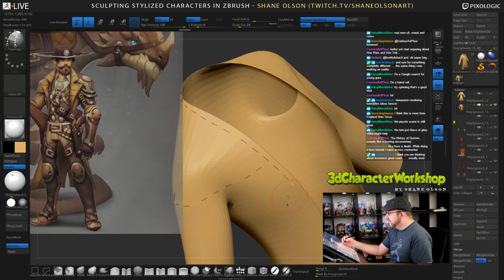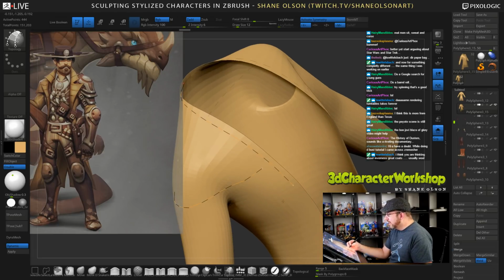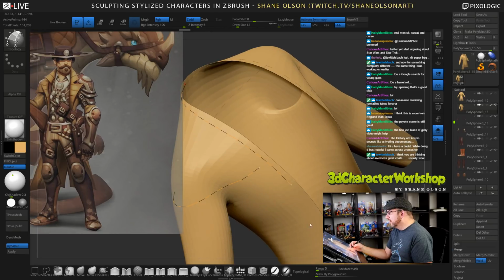So here's something you guys should know. When you're drawing these lines, see how it has orange and black ticks? I don't know if you can see that very well. But